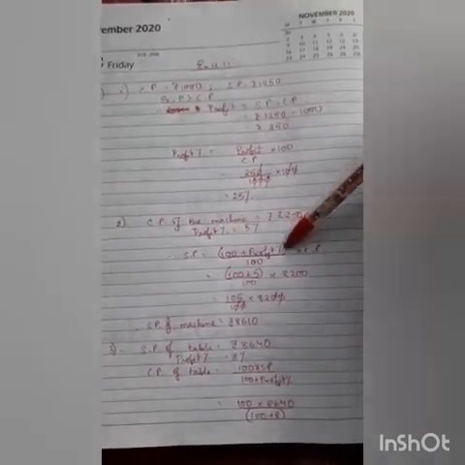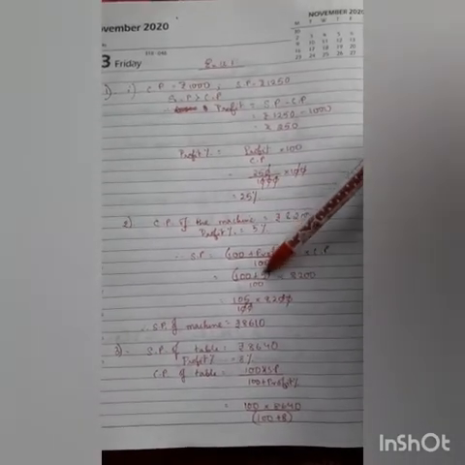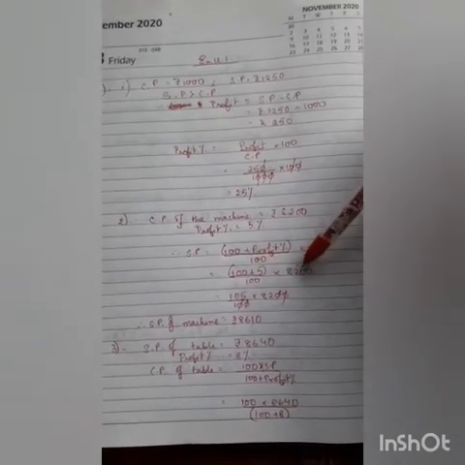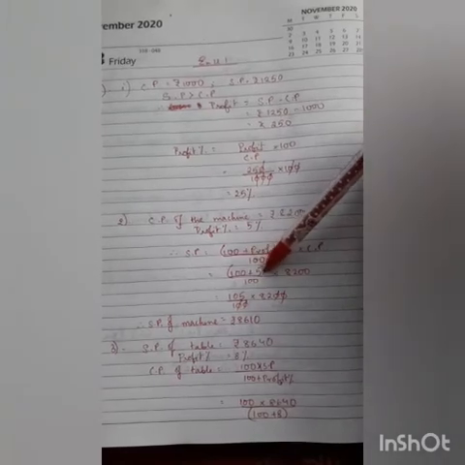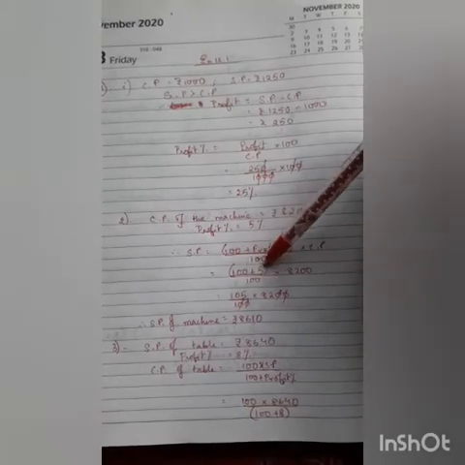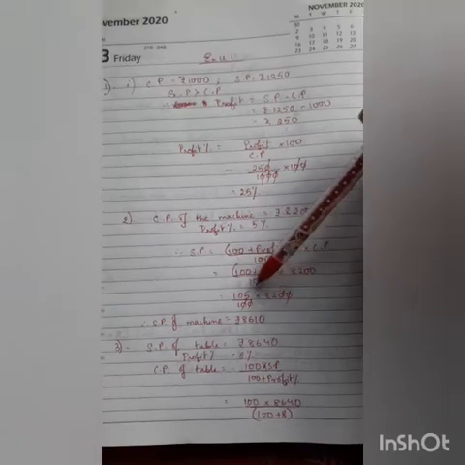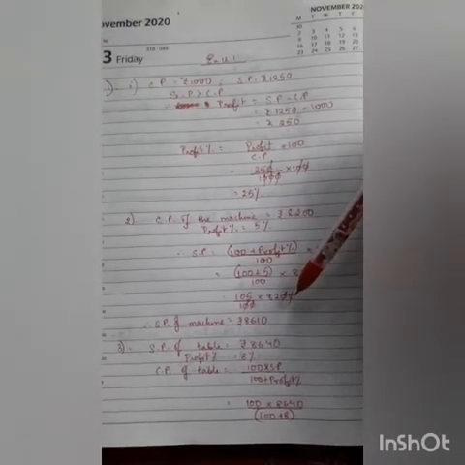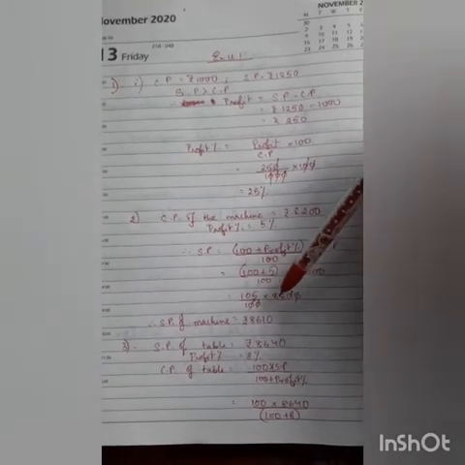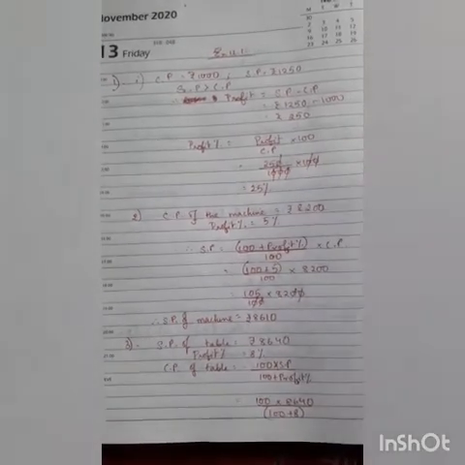See, 100 plus profit percent, so within brackets first I will write 100 plus, what is the profit percent? 5. So I will write only 5, not 5%, by 100 into 8200. Now see, first I will solve the part inside the brackets. Do not cancel this 100 with this 5. This is inside the brackets and this is adding with 100. So 100 plus 5 is 105 by 100 into 8200. Therefore SP of the machine is equals to rupees 8610. By calculating, the zeros cancel, 105 into 82 is rupees 8610.